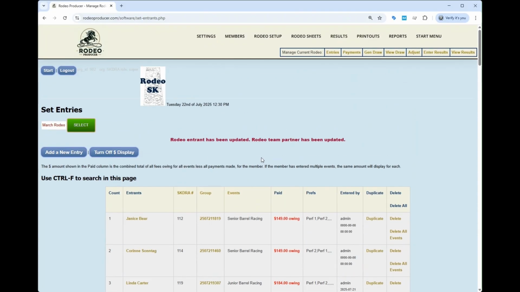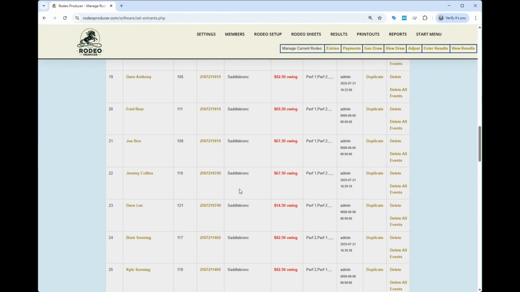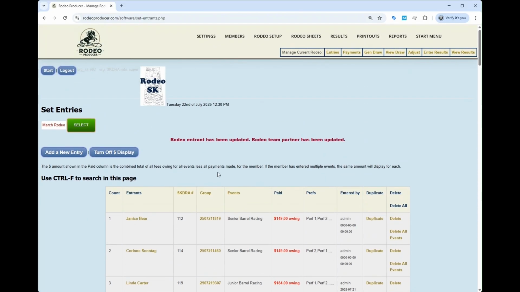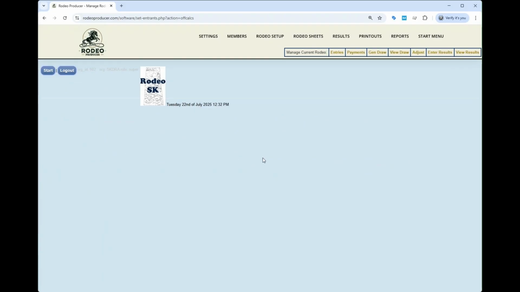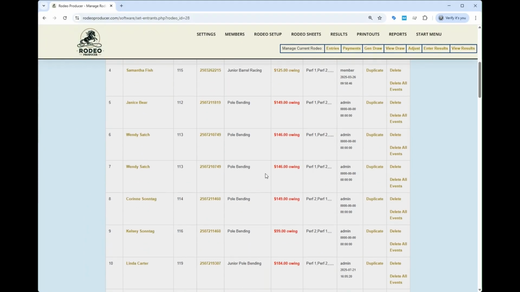If you are working with a very large rodeo and you're finding that the calculations slow down the load of the page, if you're on a slow bandwidth connection and you want to speed things up, you can turn off the dollar display. Just click this, it will reload. This column will be hidden and the calculations will not take place, and it will allow you to make some changes and adjustments